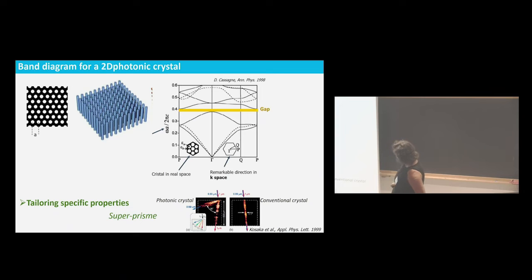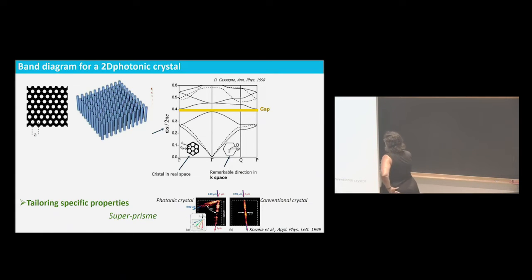So in other words, when I represent the band diagram, I always start from the center, so K equal to 0, and I go here to Q. So I represent the dispersion, omega as a function of Q, of K, when I go from this point to this point. So here you have this K vector, and here you start from 0. That's why it is a line, because you propagate over a line. And then you take your K vector, which is here, and you bring it to P. And you have this line. And here you start from gamma, and you go directly to P. So this is the band diagram.